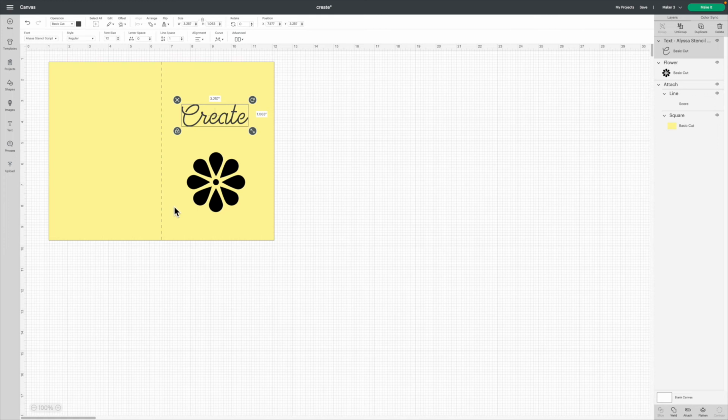In my specific font choice, you can see the letters are all connected. I can alter that with the letter spacing tool. I can make them tighter, and it kind of disconnects them. Or I can go back and disconnect them this way. Or of course, if I don't want them disconnected, I can make a 0. And for this font, that makes it connected just the way I want.